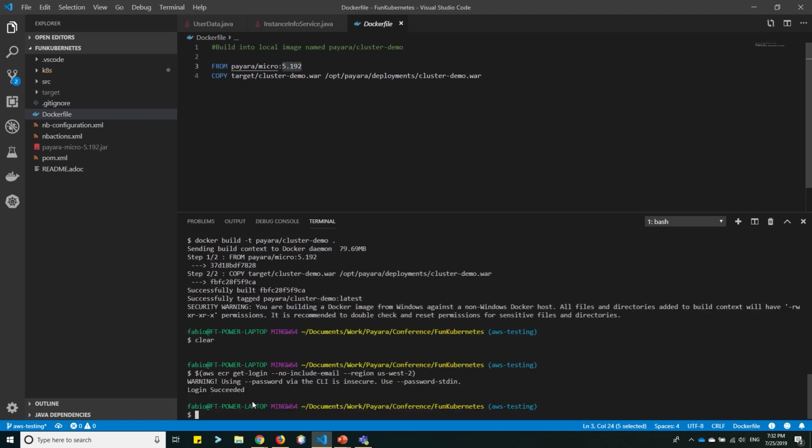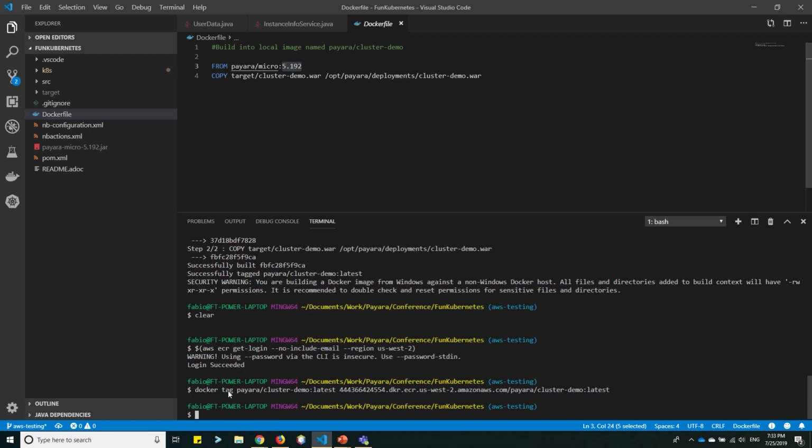Okay, so with this I can see that the login succeeded, and now I'll tag my image. So I'll run the docker tag command and I'll specify that I'm tagging the Payara cluster demo latest tag, and I will reference the tag in my remote repository by using its URI and specify the same latest tag. And finally, I'll push